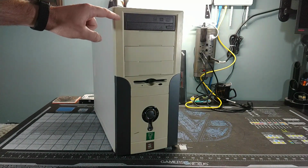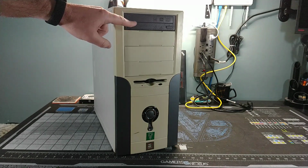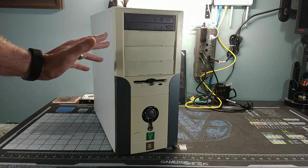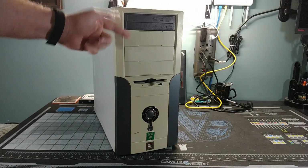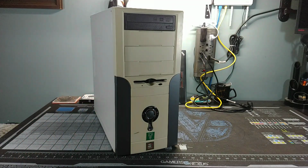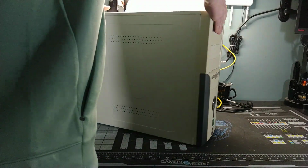I didn't have any SATA-based optical drives that had white bezels. They're all black bezels, and the board that's in here doesn't have IDE in it. So we did black. It kind of matches with the dark gray, almost black side panels here on the front end of the system. And then if we flip around to the back,